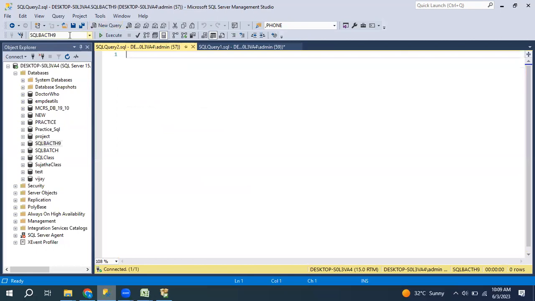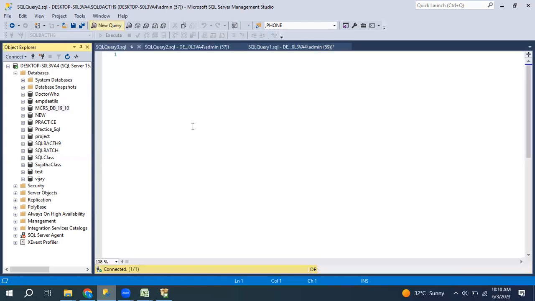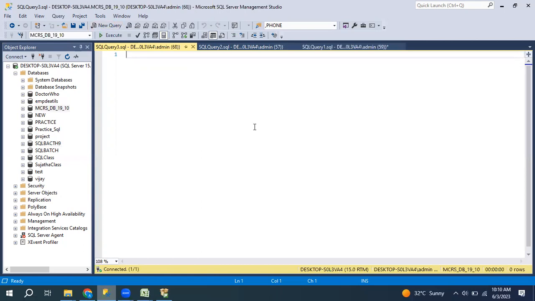How can I confirm whether I am creating the table in the particular database or not? There are two ways. One thing is here, SQL batch 9: whenever we create anything here, it will be saved in this database. And the second thing is this window, where whenever we do anything, it will fetch, store, or get from this database only. For example, now I'm in which database?